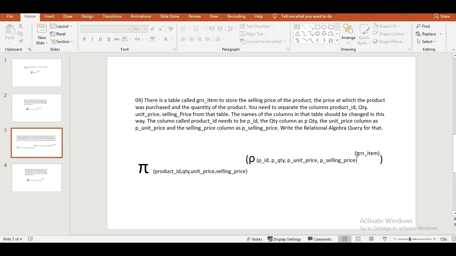And in between these brackets I've told which table to use when renaming these columns. So that is how I created the query for the fourth question.